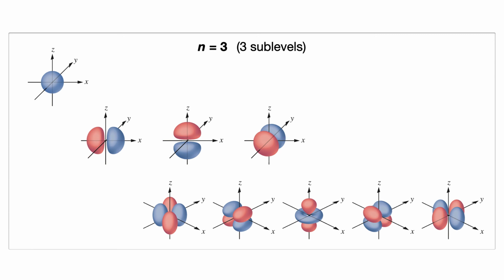And you can extend these kinds of pictures to higher and higher energy levels. They begin to get visually very, very complicated. So this is as far as I'm going to go for now. But this gives you a sense of how the electron wave in a hydrogen atom is arranged in space. And in the next video, we're going to look at ways to describe these wave patterns and sort of break them into categories. And so that is what we'll talk about next time.